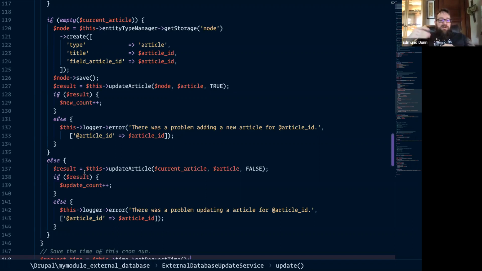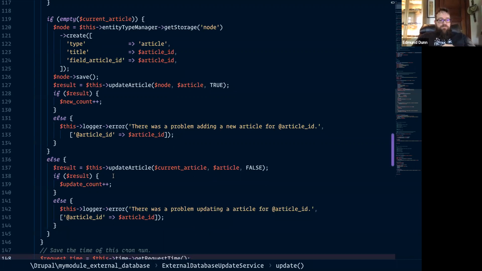And again, we run it through the update article function, and if the result is returned, in this case we add to our update count. If the result is not returned, we log an error.